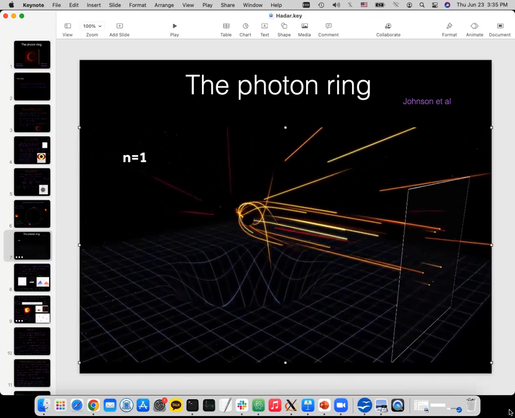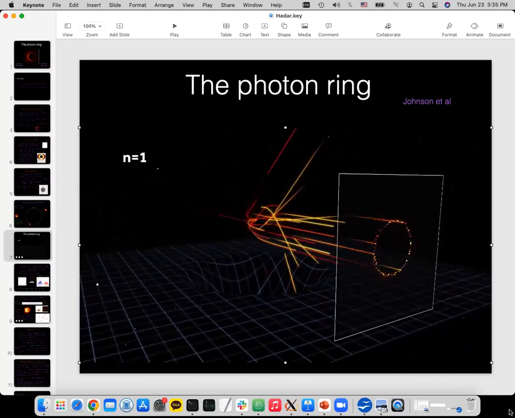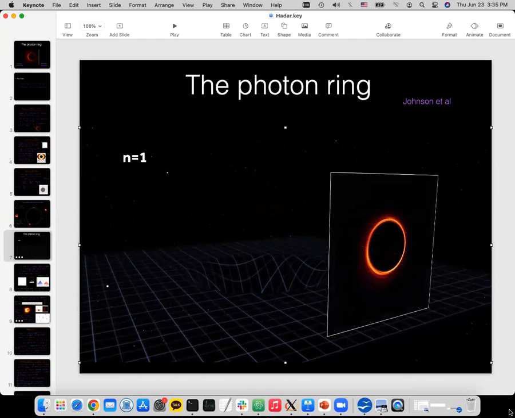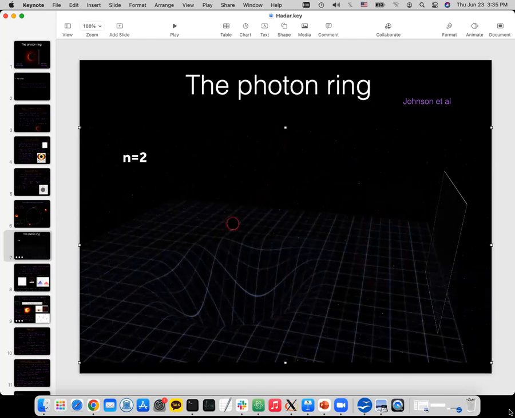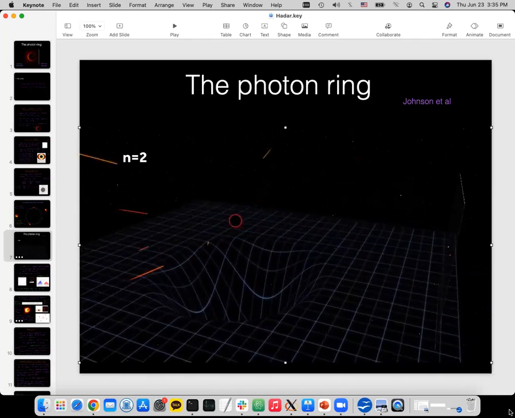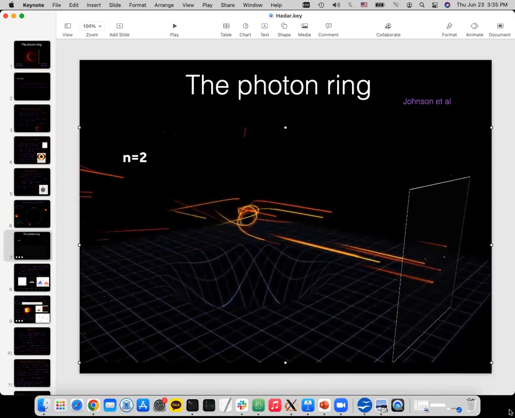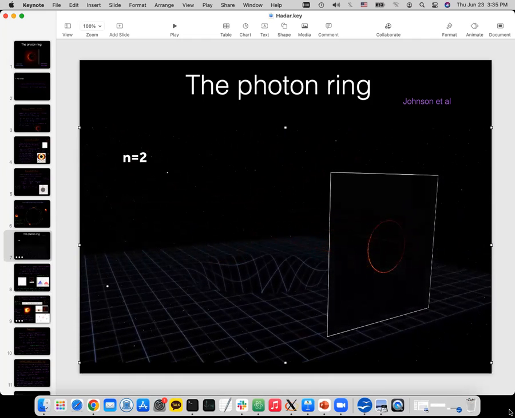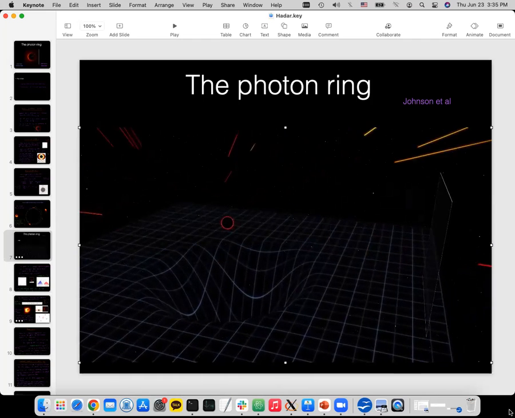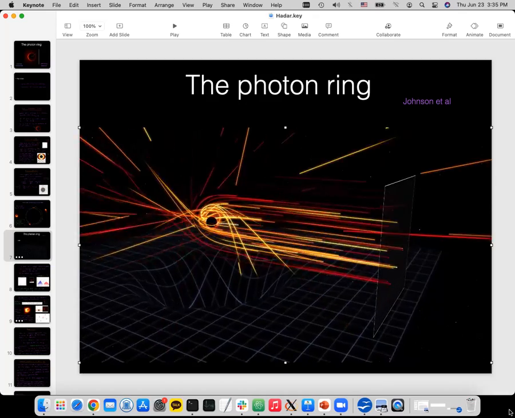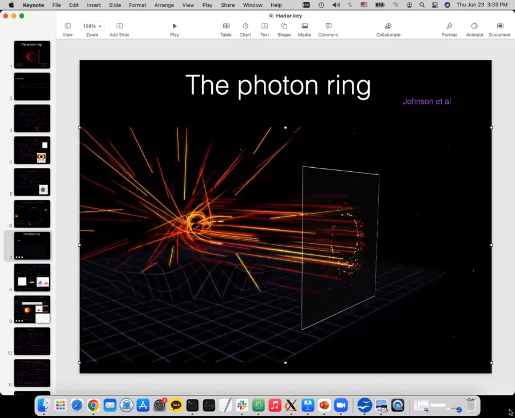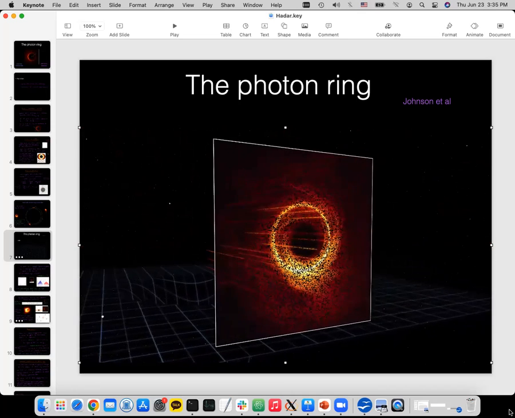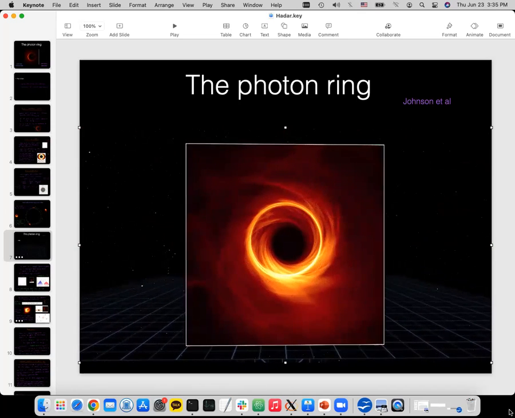So this is what we call the n equals 1 half orbit in the polar direction. And then we have the n equals 2, which is 2 half orbits, or 1 full orbit around the black hole. These are real trajectories, by the way. They appear exponentially closer to the critical curve. You can see that the subring appearance is thinner and thinner. All these things together comprise the total image, which is the main emission, and on top of it, a thin photon ring.